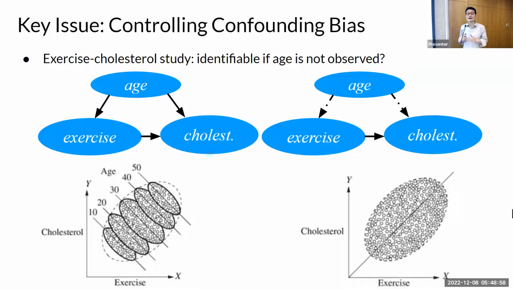Now you can see, with the same structure which is given and the same distribution of the measured variables which is given, you may have different answers because the two influences are very different. So intuitively, in this case, if you have a latent confounder, age, and only observe the distributions for those two variables, then the causal effect of exercise on cholesterol is not identifiable, because you can have different answers depending on the underlying true causal model, right?